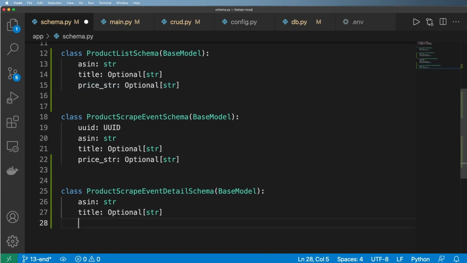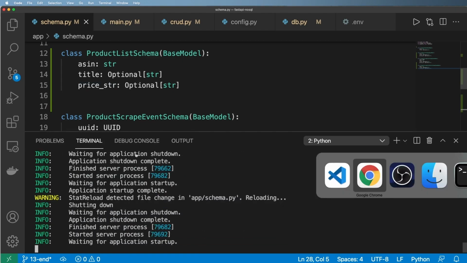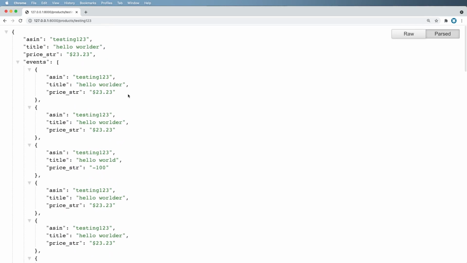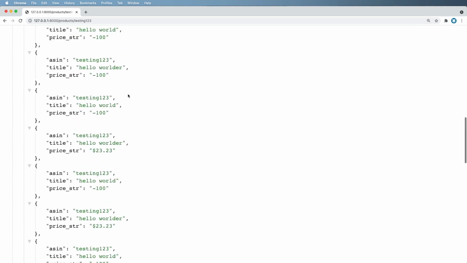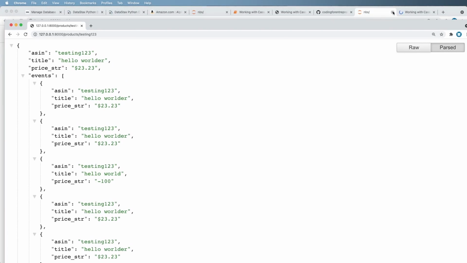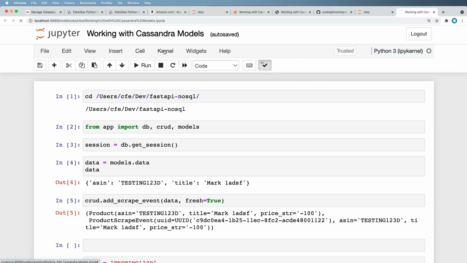And so we can just change these things on the fly, which is exactly why I like using the Pydantic for rendering things out like this. And so now every time going forward, I would be able to actually see every one of these things being scraped. So if I actually did open up my Cassandra models, this is still something I'm going to need to